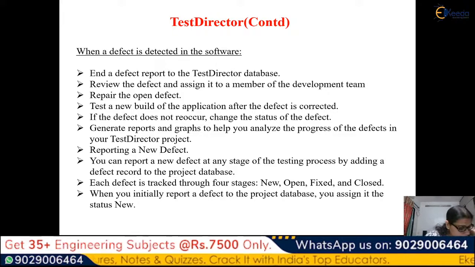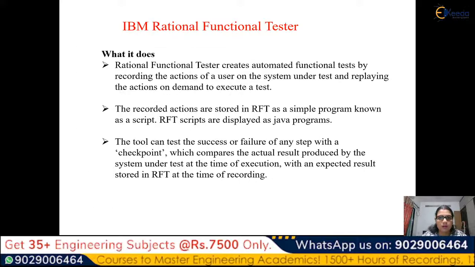So when you initially report a defect to the project database, you assign it a status of new. Every time I encounter a defect, the status will be new, and accordingly they are numbered or named sequentially. Next we have the IBM